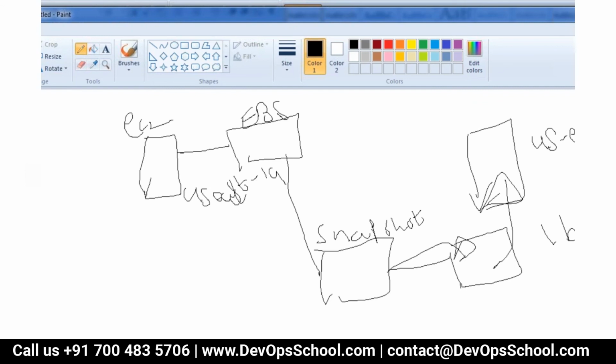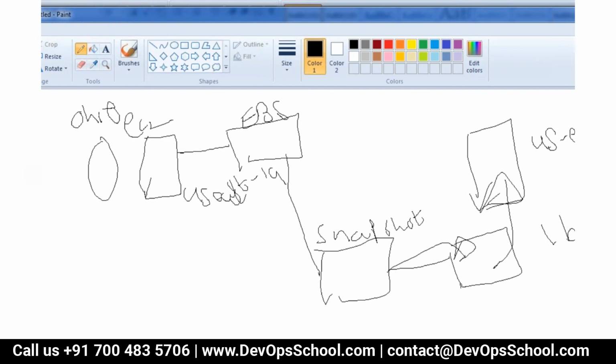Also, if you have a snapshot in one region, I can copy that to another region. So suppose I have this in the North Virginia region, I can copy it to the Ohio region. Okay. So what is the advantage?